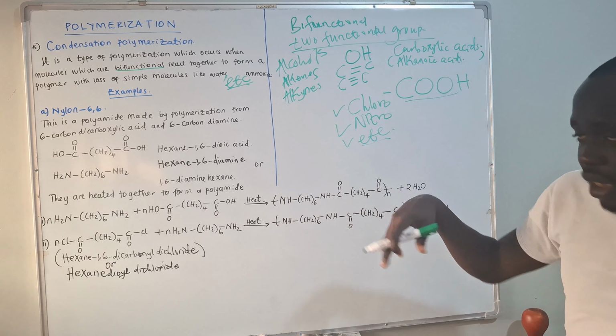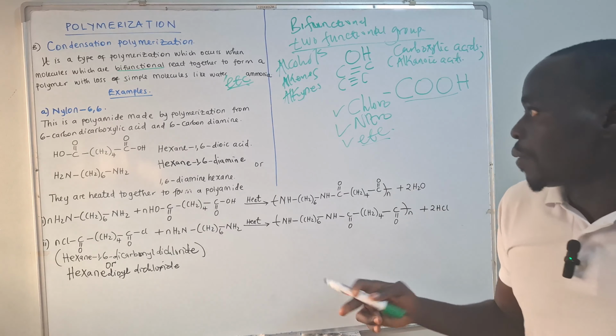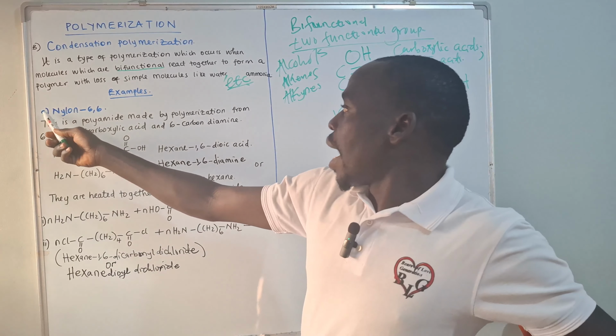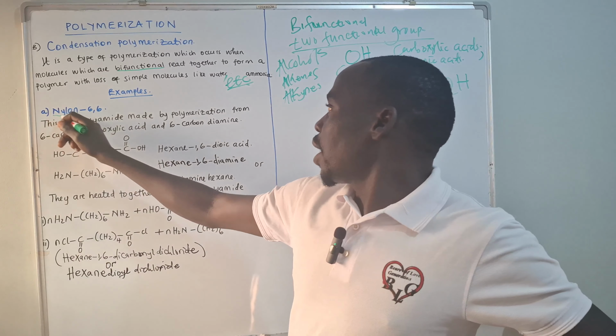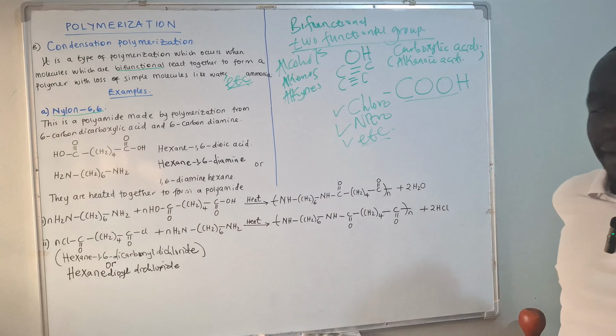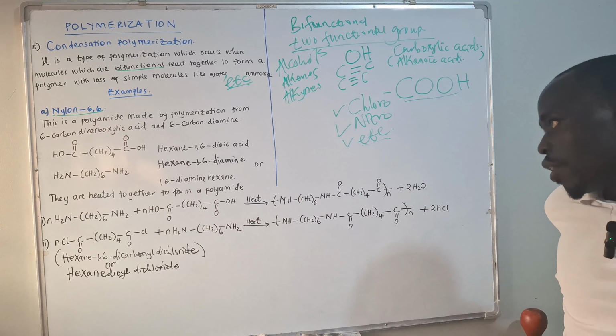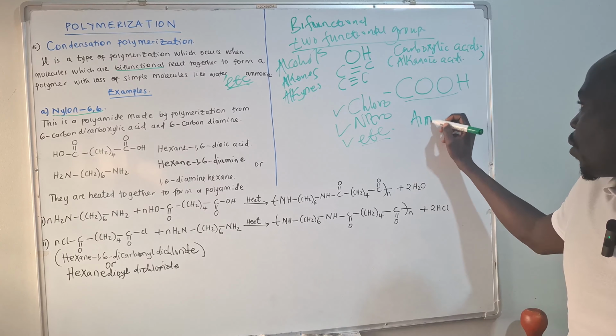You cannot distinguish between the different organic compounds. So here we say, example here is nylon 66. So this nylon 66, we shall see how it is formed. And we're saying it's just a polyamine. So when you say polyamine, that means the amines are there already.